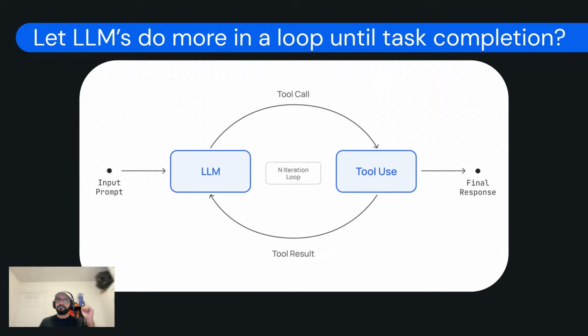Right? And so in this n iteration loop, you can have multiple tool calls that build up on previous tool calls that allow you to solve a longer task. If we go back to the example of looking through an issue on a GitHub repo, if it's a complex issue, you'll probably not be able to solve it with one tool call, right? There's not one file you need to edit, or one search functionality that you need to perform. Instead, what you need to do is understand what the high level task is,